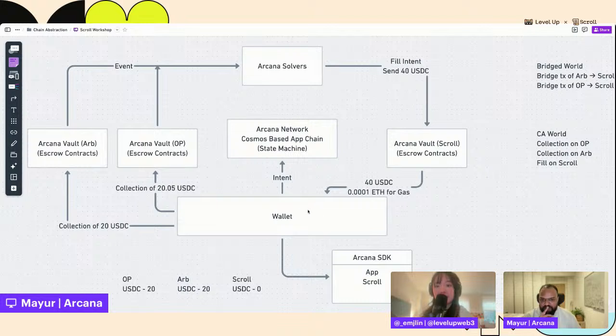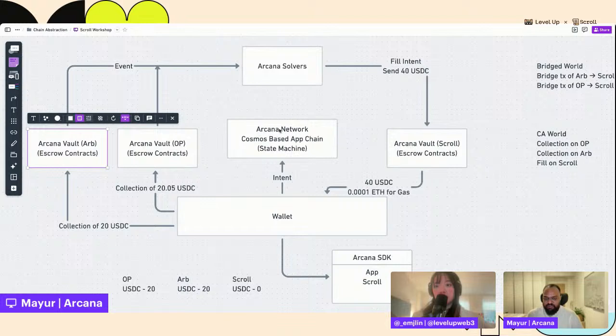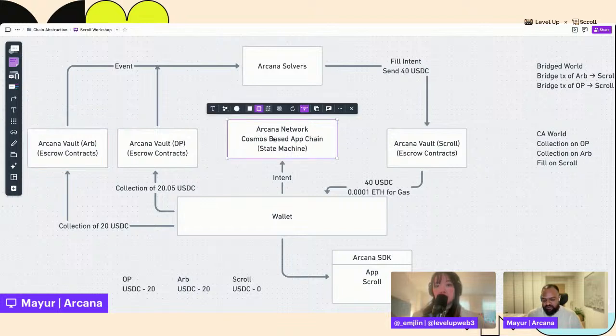Yeah, so fundamentally, what you're doing in this entire flow, if you think about it, is you're moving risk away from the user all the way up to the solver. The solver is the one that is fronting this liquidity with the hope that these funds are eventually settled back to it. As the protocol and the service provider, the solvers are placing trust in these contracts, and the way the protocol is built out, all of this is of course open source and will be audited. Right now we're in testnet; before going to mainnet it will be audited.